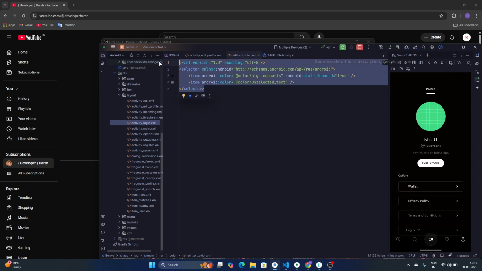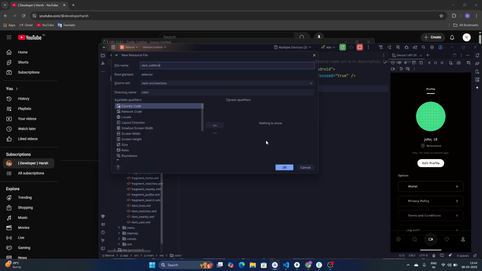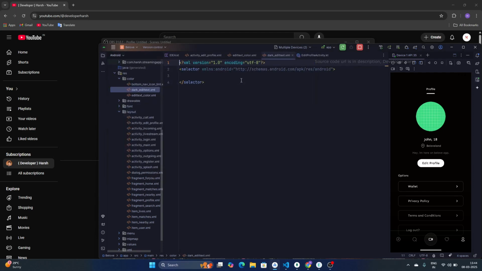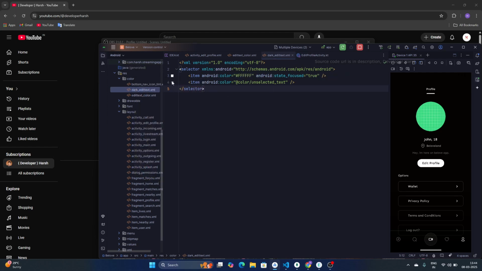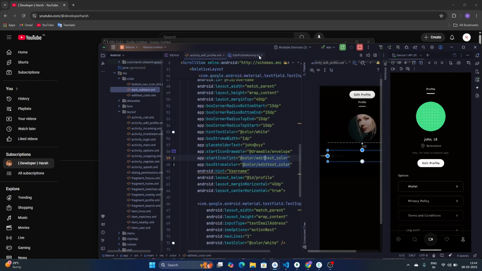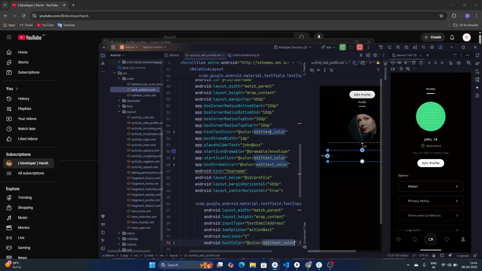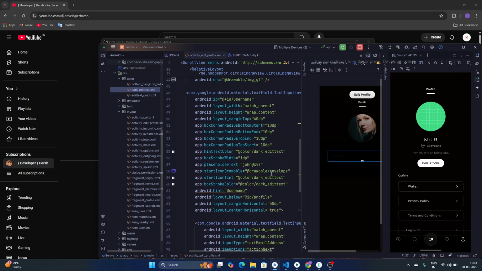I think I'll need to create another file. Dark edit text, okay, and paste all this code here. And as for the hint, we just close, and as we have just changed it, all this edit text color to dark edit text. Okay, and